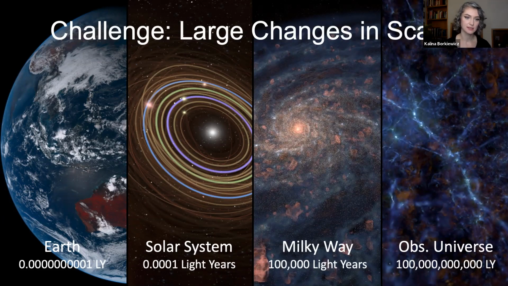A single data set is very unlikely to have things both at the resolution on the scale of the Earth as well as the entire observable universe. But as I mentioned, it is often useful to combine multiple data sets together to create a compelling story. And a couple years ago, we actually did do a single continuous shot starting at the scale of the Earth and zooming out through the solar system, through the Milky Way to see the large scale structure of the universe.